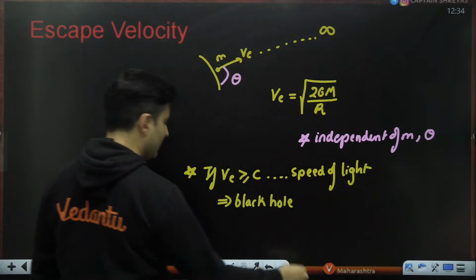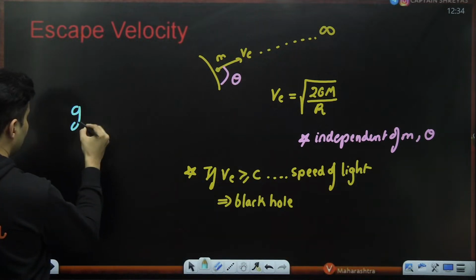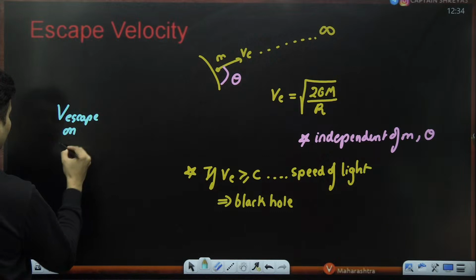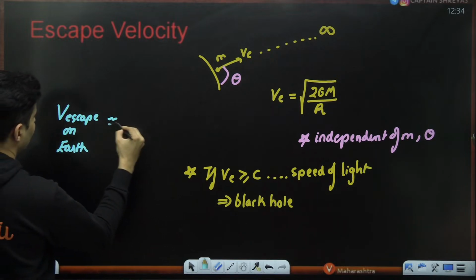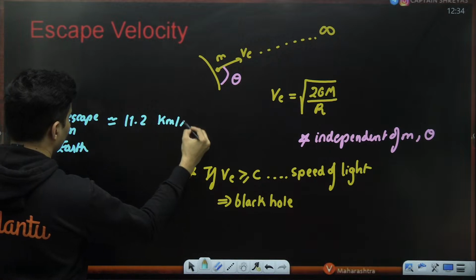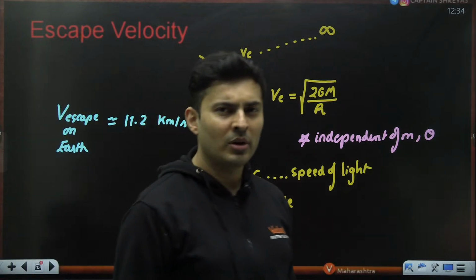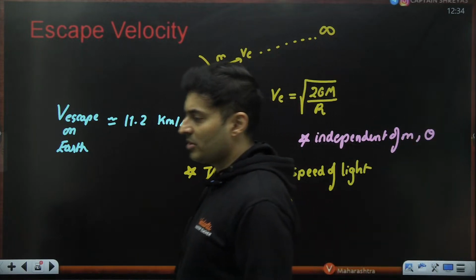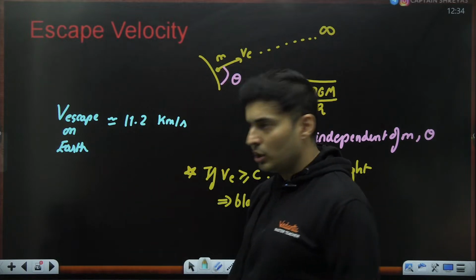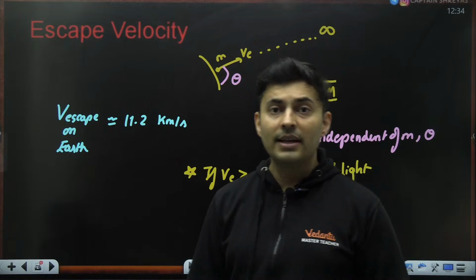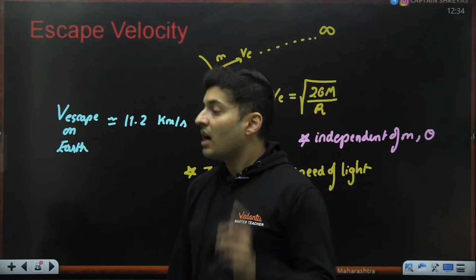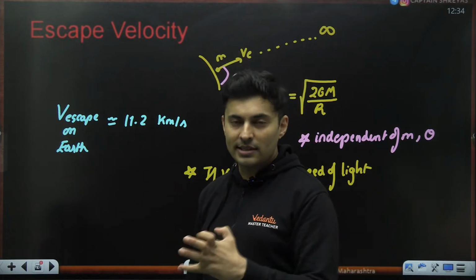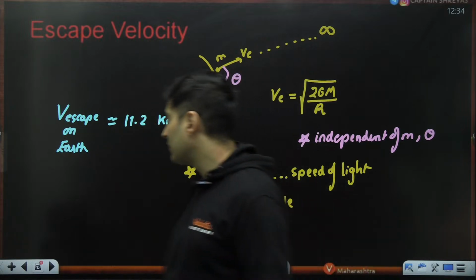The escape velocity, standard formula. The escape velocity on Earth approximately is 11.2 kilometers per second. On Moon it is less, Jupiter it is more. It depends on the mass and the size of that particular planet on which you are conducting that escape speed experiment. So it's 11.2 kilometers per second. Anything thrown at that speed will escape Earth's gravitational pull forever, assuming air resistance, rotational effects, and other planetary effects are neglected. But when you consider that, obviously the speed will be much higher than this.